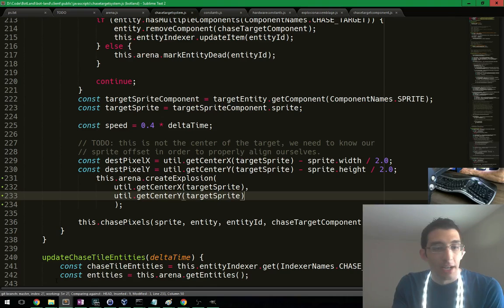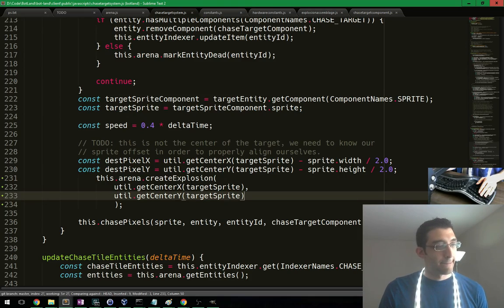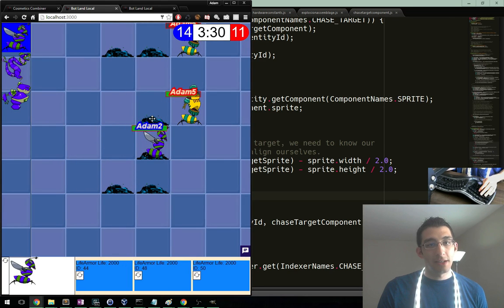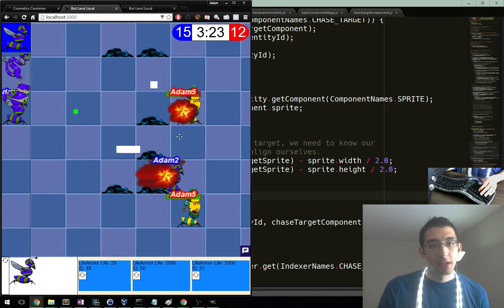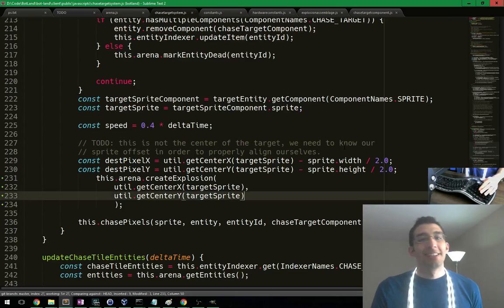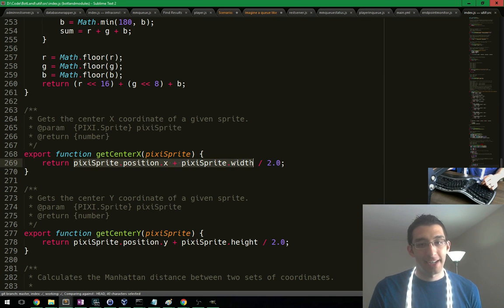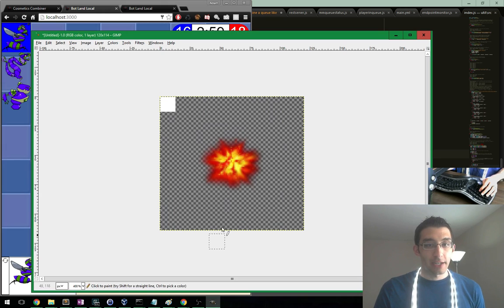Not X. I don't know. I just don't know. It's okay. Well, it's too far to the left. That's what I'm seeing. And actually, it looks like it's also too low on the tall bots. Yeah, so there's no way this is... I don't know how to do this then. Let's take a look. Could it be this? Pixie sprite opposition at X plus width divided by 2 plus height divided by 2. No, that stuff's fine. Is the explosion centered in its bounding box? Yeah, it is. I already checked into that. So this is...